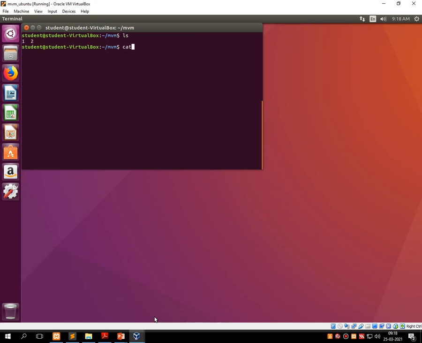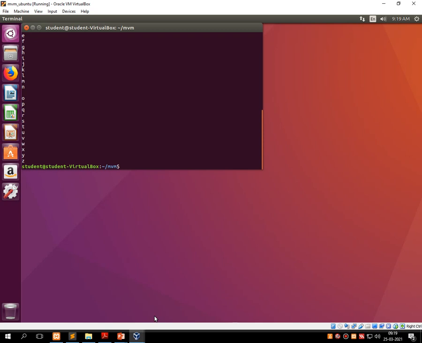Now I am creating file number 3, where on line number 1 is A, second line B, C, D, E, F, G, H, I, J, K, L, M, N, O, P, Q, R, S, T, U, V, W, X, Y, Z, and then I am saving this particular file using the shortcut key Ctrl D.